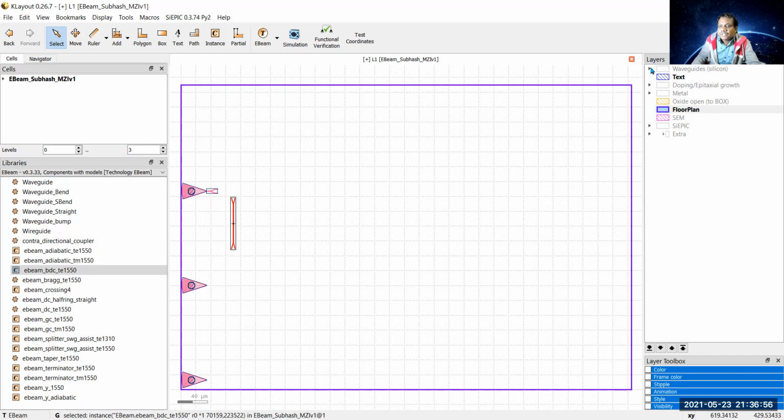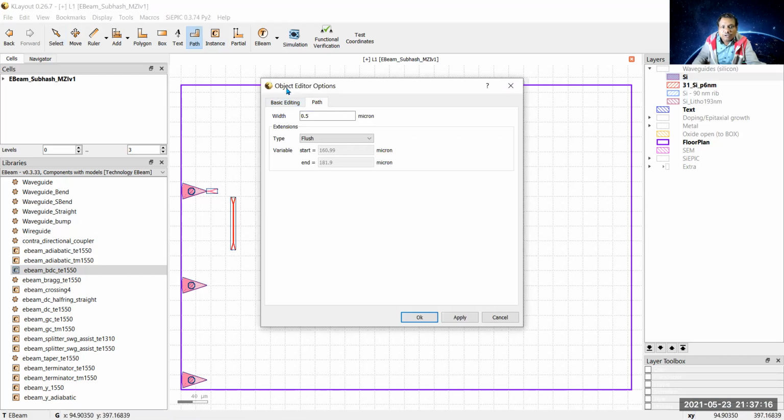So I go to layer, expand this waveguide, select the silicon material. So our waveguide is made of silicon material having waveguide width of 500 nanometer or 0.5 micrometer. So I click on the silicon, go to path. This is the path. You see the object editor option has come. In this, it gives the option of changing the waveguide width. Presently by default it is 0.5 micrometer, which is our required. However, sometimes we use 0.45 or we can change for any other analysis. So let us keep it like that, 0.5 micrometer waveguide width.